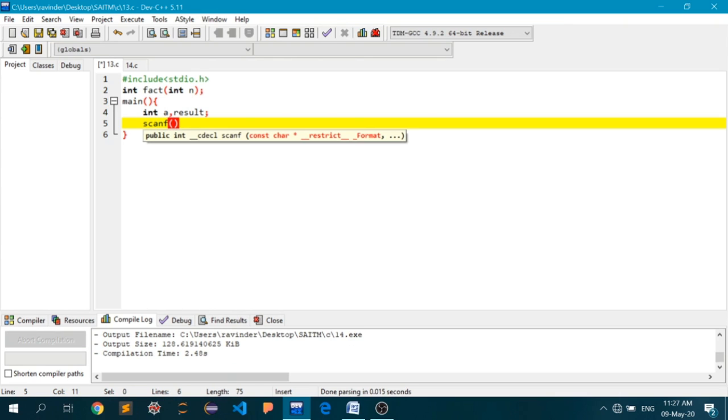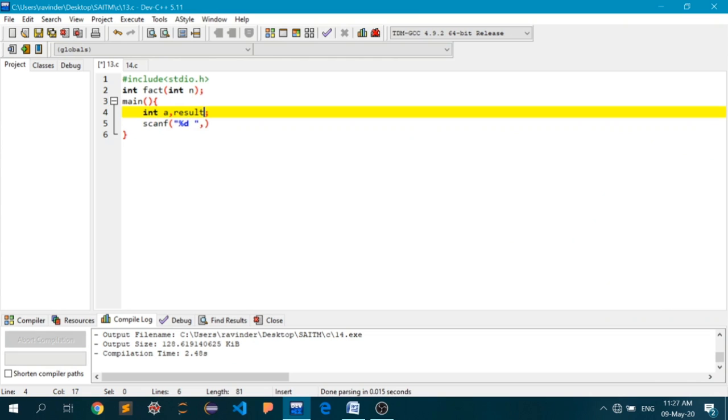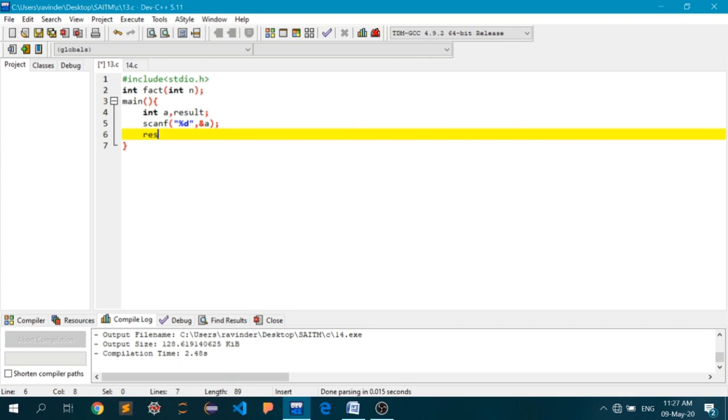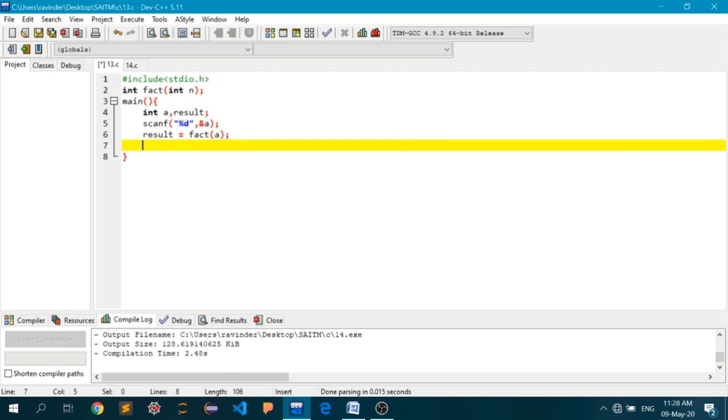So scanf with %d and a. Then I will assign to result the value which my function fact returns, passing a as the argument. And then printf with %d.